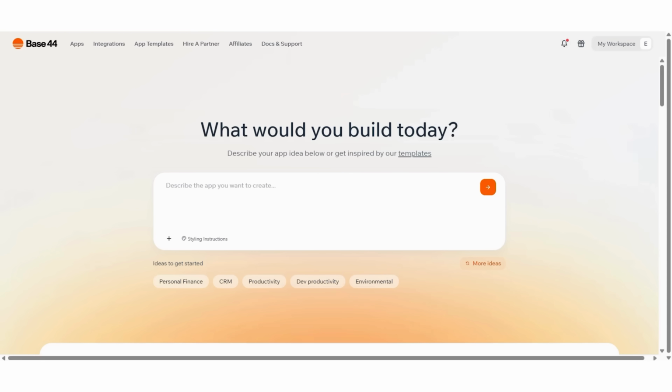Now, back to your personal workspace. Upon entering your workspace, you will see a page asking, "What would you build today?" Here, you can bring your app idea to life by typing a detailed description of the application you want to create into the large white text box. Now, paste the result we generated in ChatGPT, and you'll see how base44's AI transforms our specifications into a functional